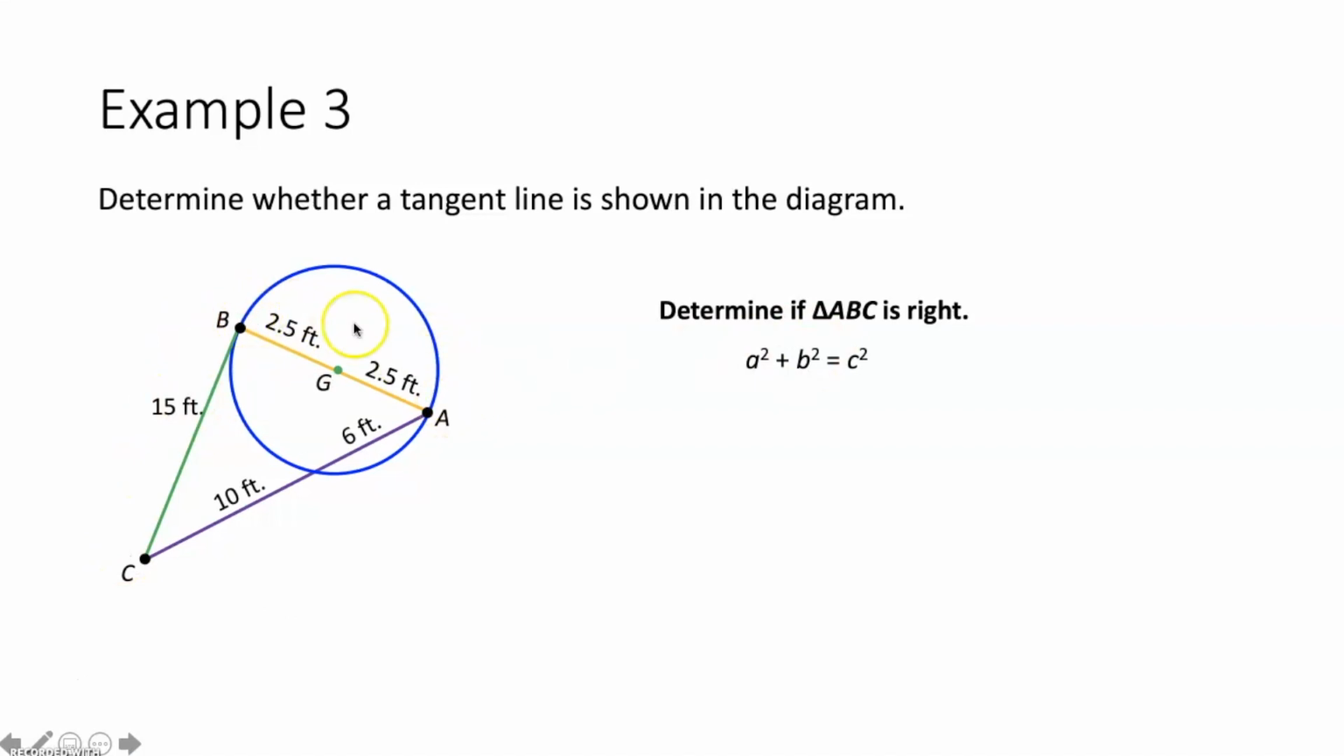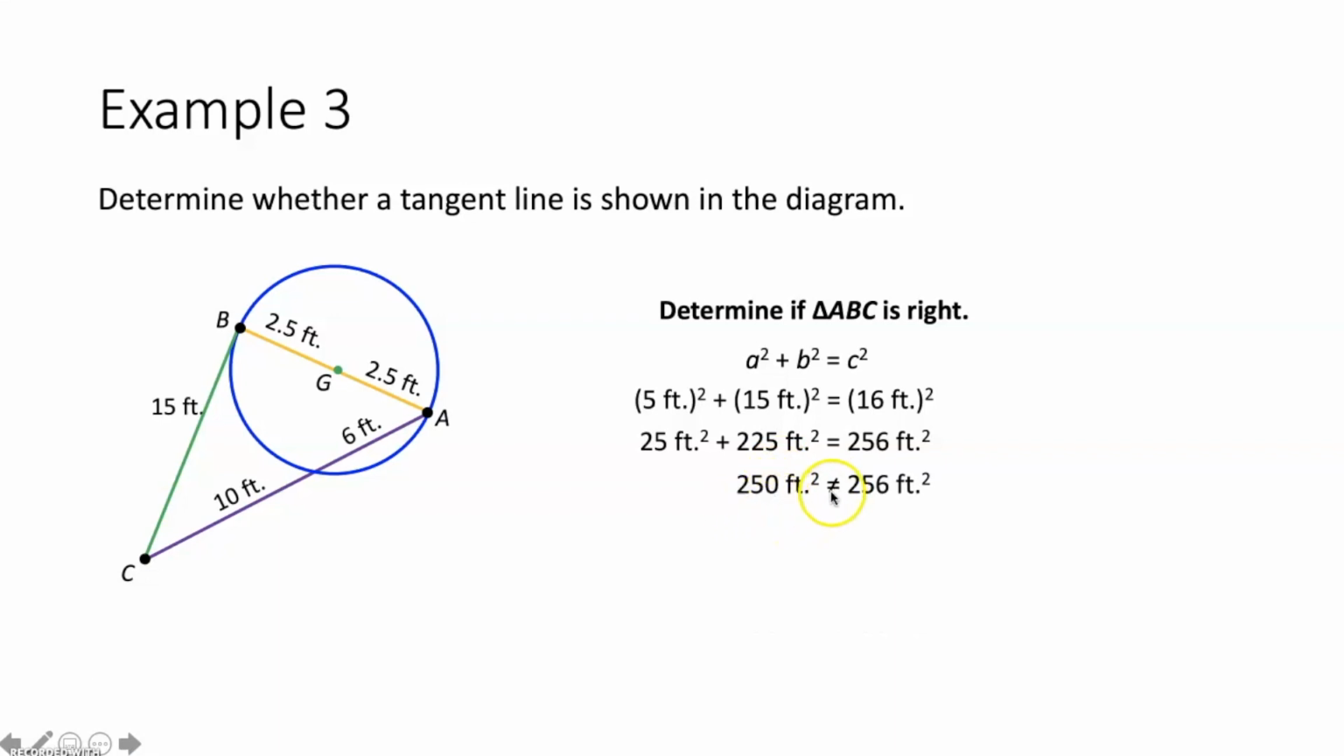So we're going to take the measure of segment AB or BA, which is 5 feet, plug that in for A. We're going to take the measure of segment BC or CB, which is 15 feet, plug it in for B. And we're going to take the measure of segment AC or CA, which is 16 feet, and plug it in for C. Now all we have to do is square each of those, add these together,